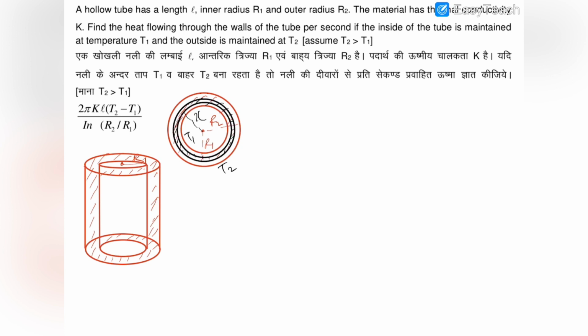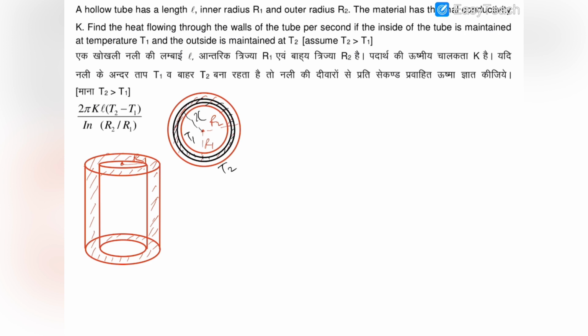In this question, you can see that there is a hollow tube of length L, and this tube has an inner radius of R1 and outer radius of R2. This tube has a thermal conductivity K, and its ends are maintained at the temperatures of T2 and T1,